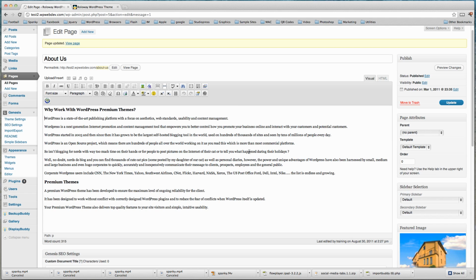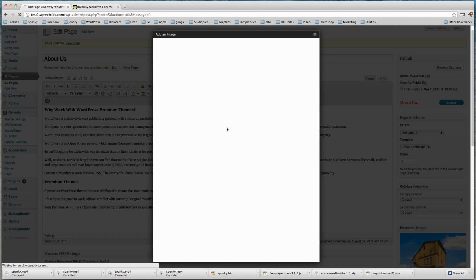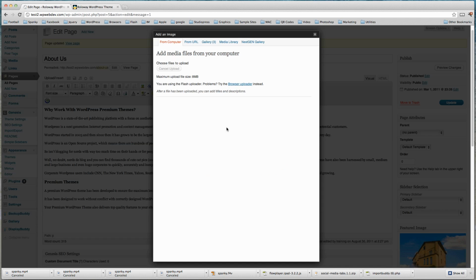Once we have our cursor in the right place, what we're going to do is to click this little icon here, which has the tooltip of add an image. So let's just click that and we notice a box comes up, a modal window, which is giving us some